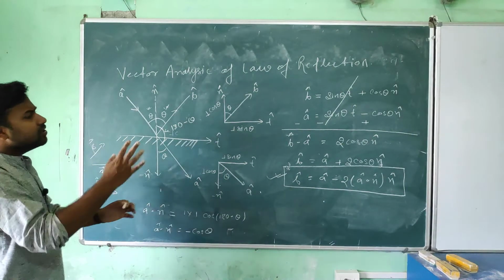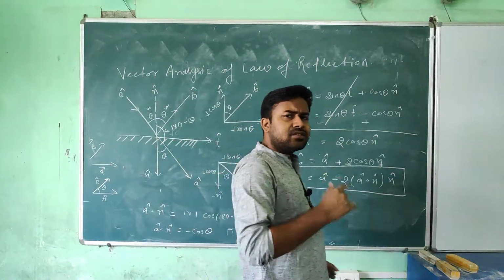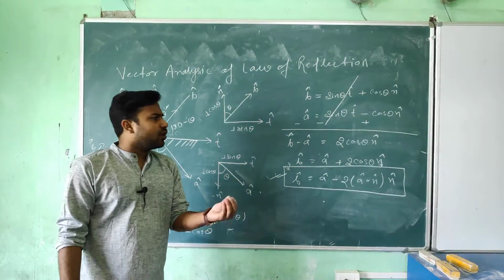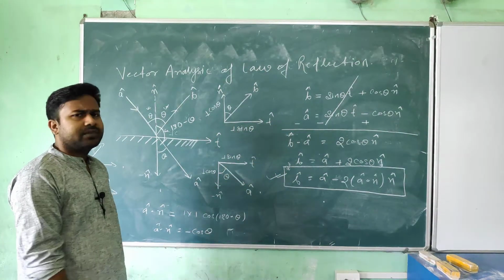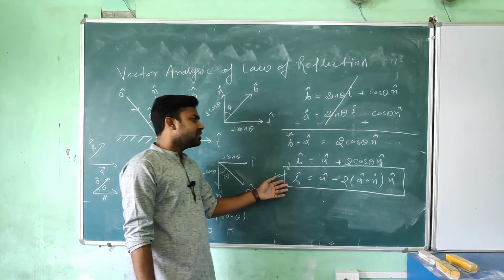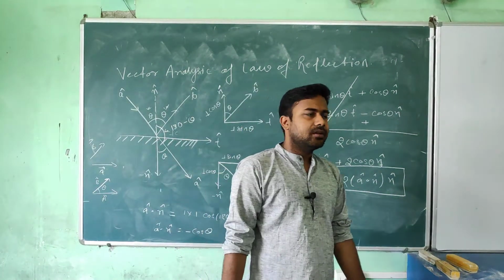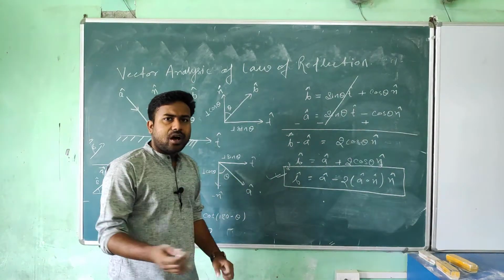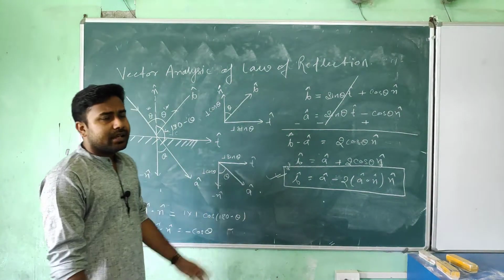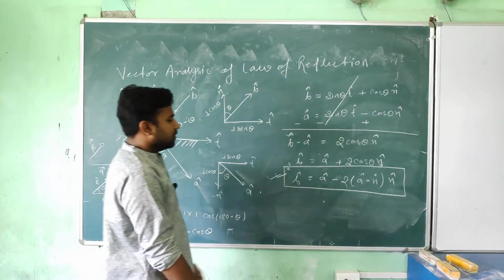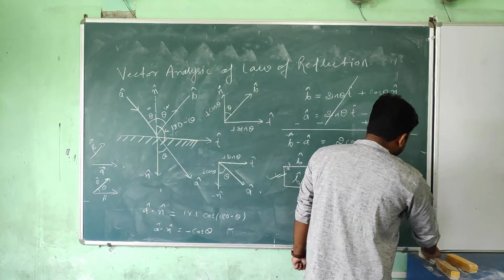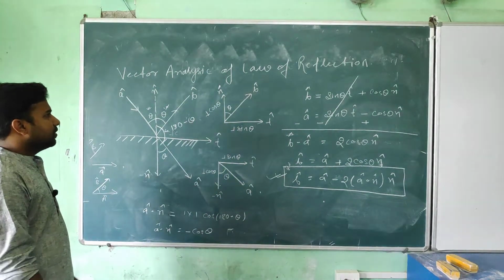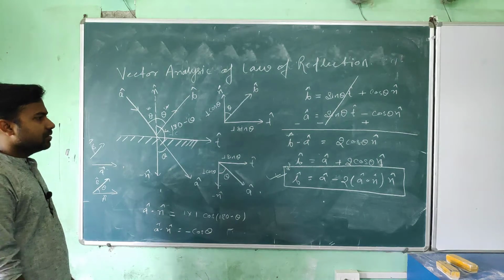Okay, if you don't know this formula, then also you can solve the question using the law of reflection and the basic concept of vector algebra. We already learned these things in our 11th class. But if you have this formula, you can solve questions easily, in very short time. Student, I am going to take an example, then you can understand the importance of this formula. Do you all understand?